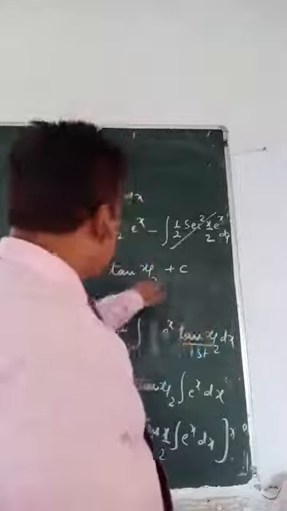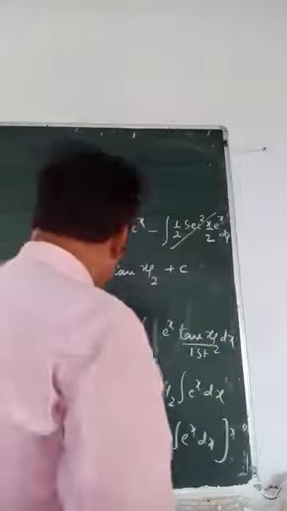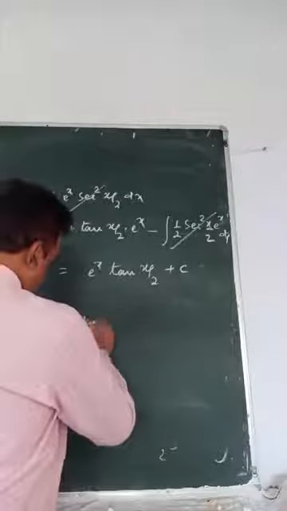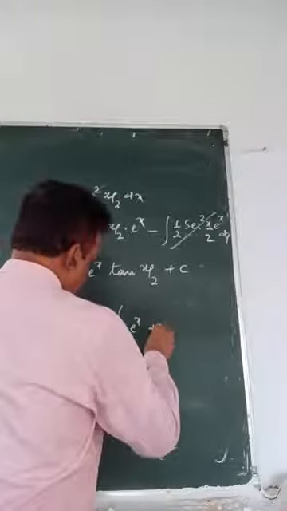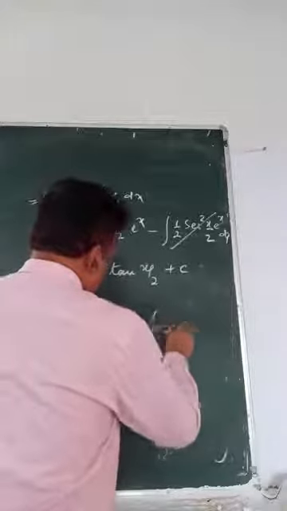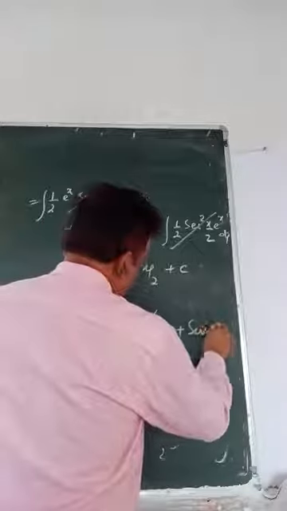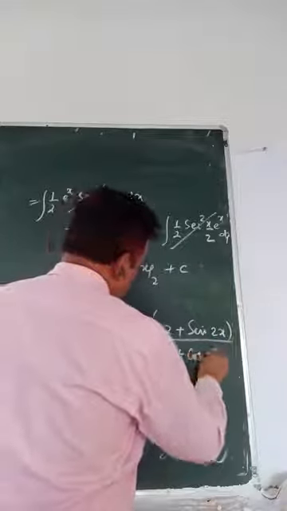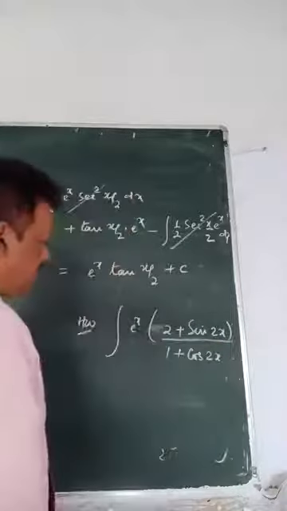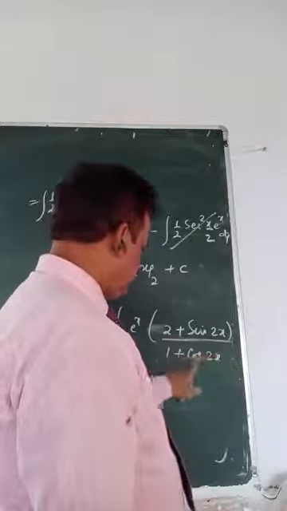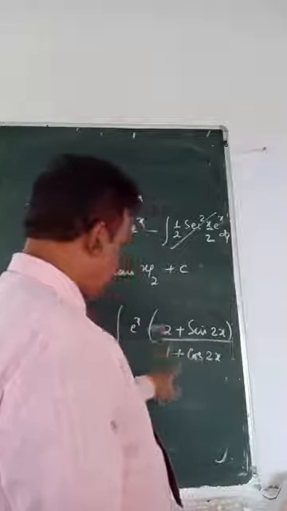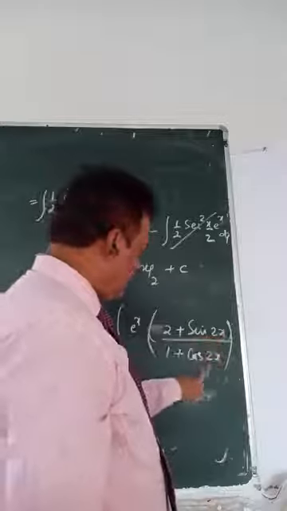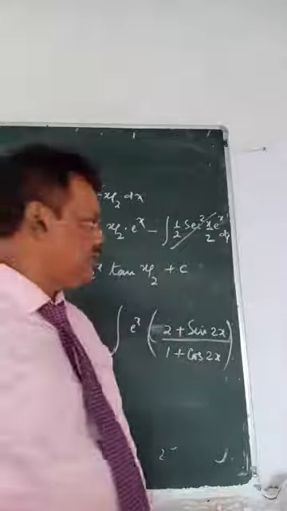Okay, I am creating a question for this. You will try. Suppose I give a question: e to the power x (2 plus sin 2x) divided by 1 plus cos 2x. Let me check. It is coming 2 sin theta cos theta, 2 cos theta. Yes, you will try this question. Exactly same, only angle I have made it double. You can try this question.